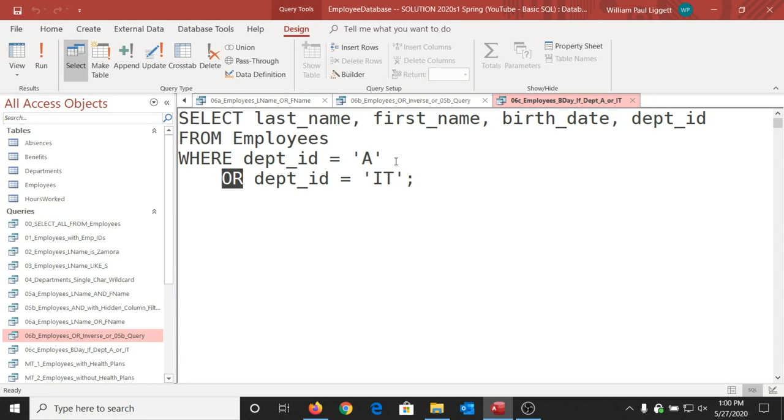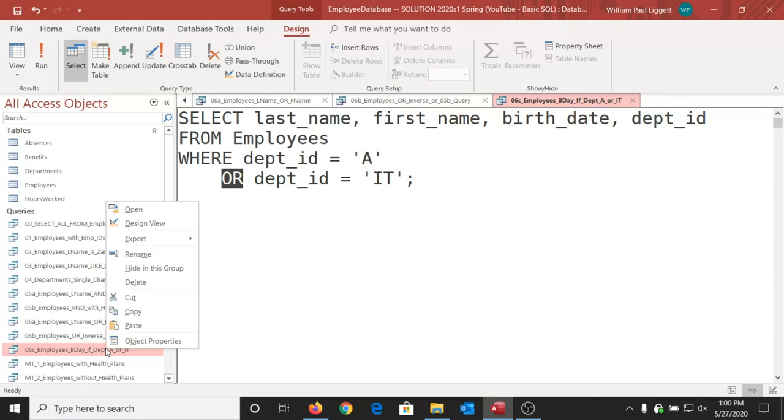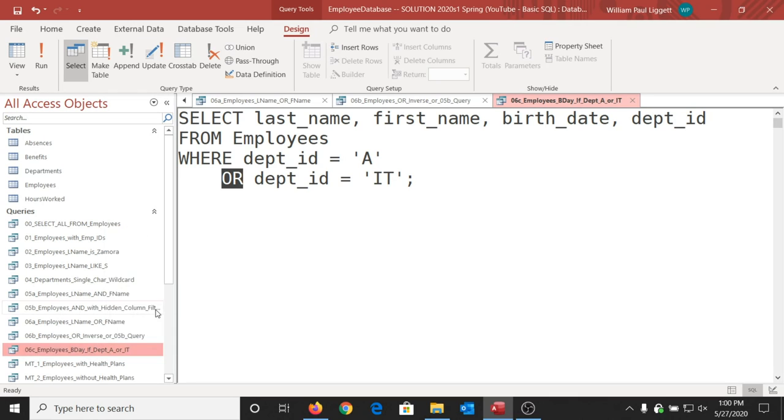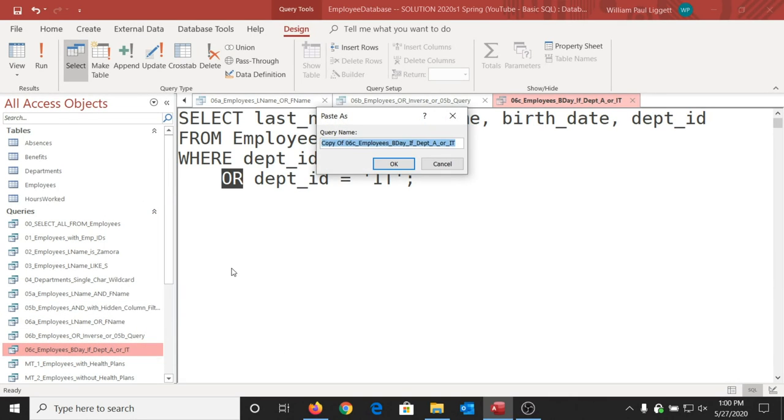So what we could do is, for now, I'll just copy this last one, paste, change it up. I'm going to call it 07A, the employees salary